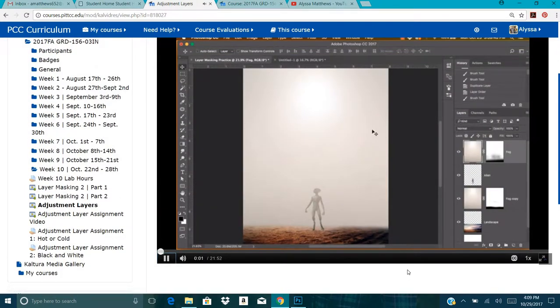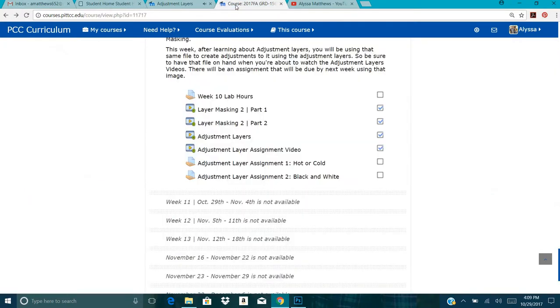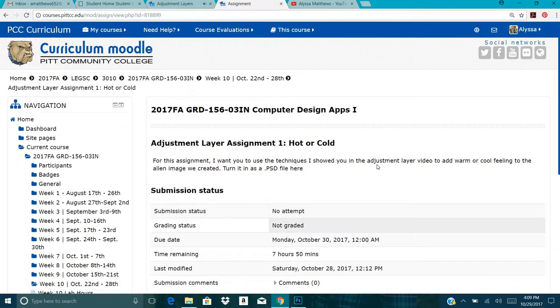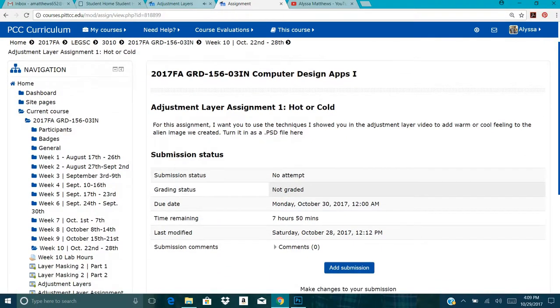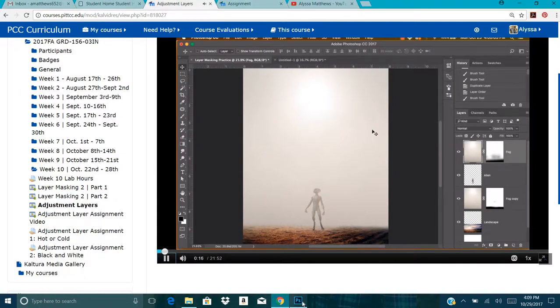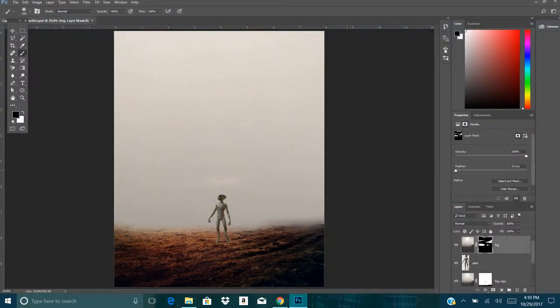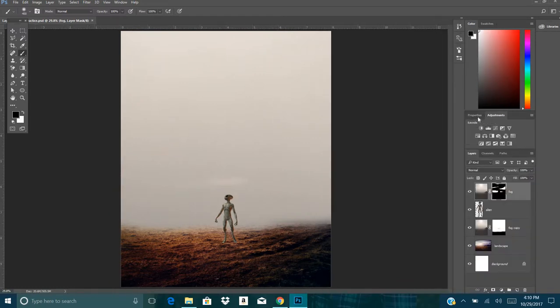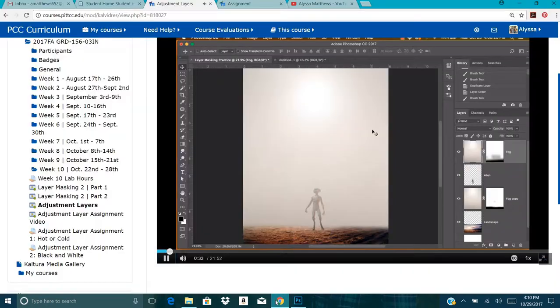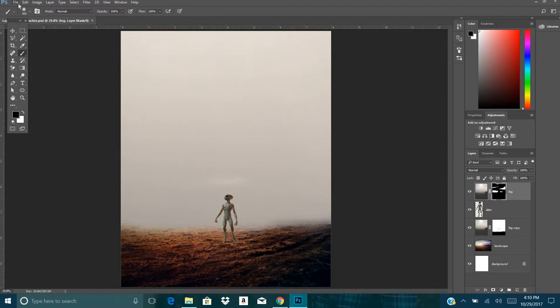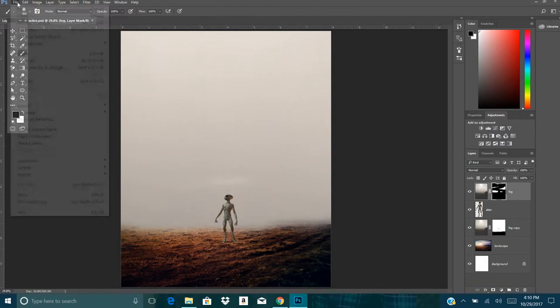So for this video, we're going to be talking about adjustment layers, okay? And this is actually pretty simple and straightforward. If you have your layer mask practice file that we started earlier, I want you to open that up. Also, the file that we worked on last week, which was the image of the model, I want you to open that up as well, because we're going to be going over two different ways that we can utilize